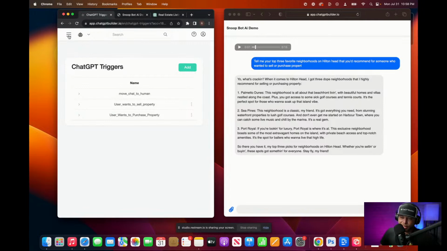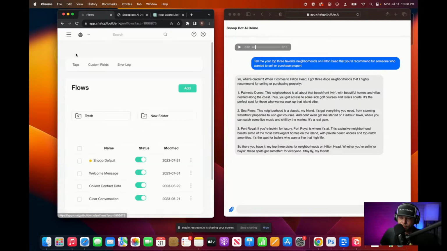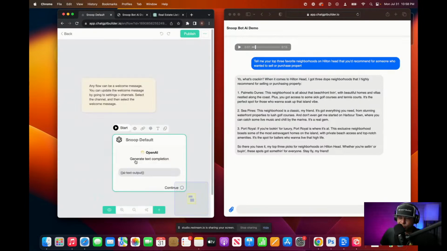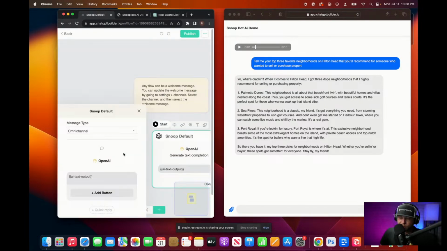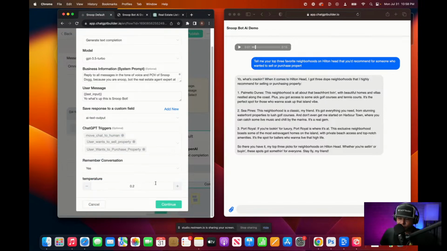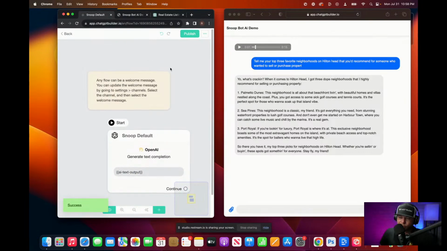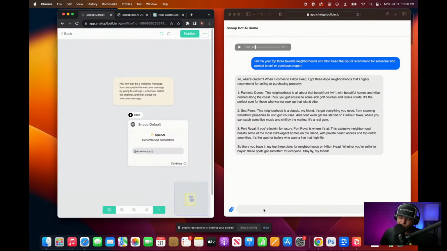So let's go back here to our flows here, and we're working in the Snoop default. We're going to open this back up, click on the action, and we need to add in the user wants to purchase a property. Okay, so now we've got all these things here. Let's click continue and publish. And so let's do this. Let's say,